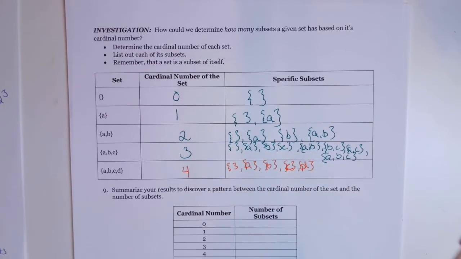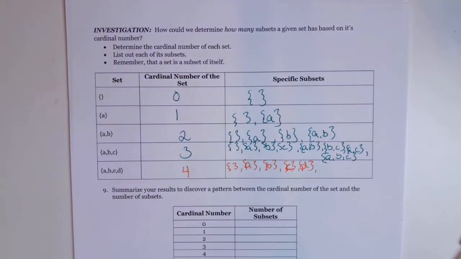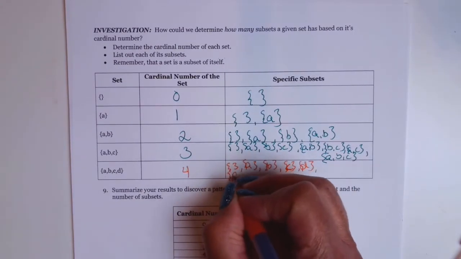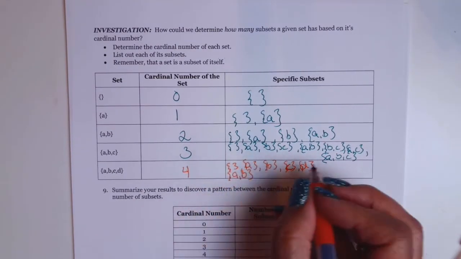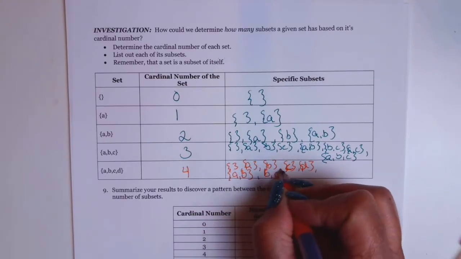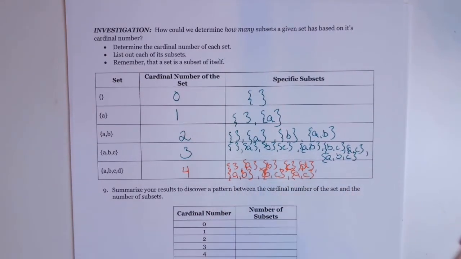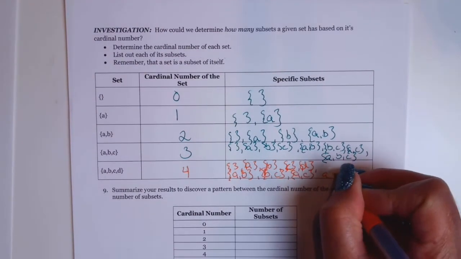Now, next we're going to list the ones with two elements in each. And that's going to be AB, BC, and AC. Next, we're going to list the ones with the three elements. And that's going to be A, B, C,